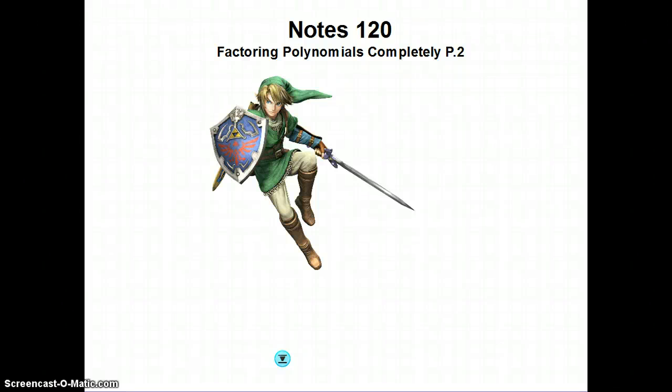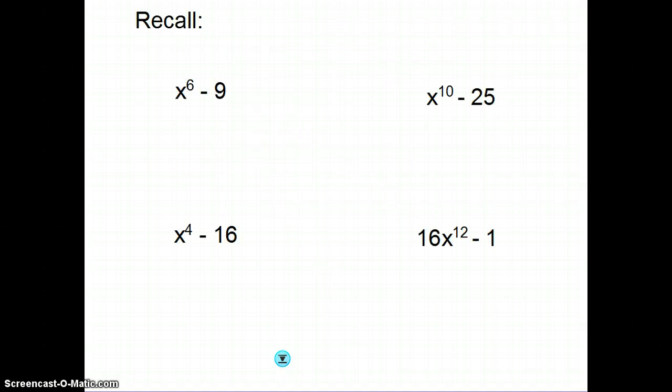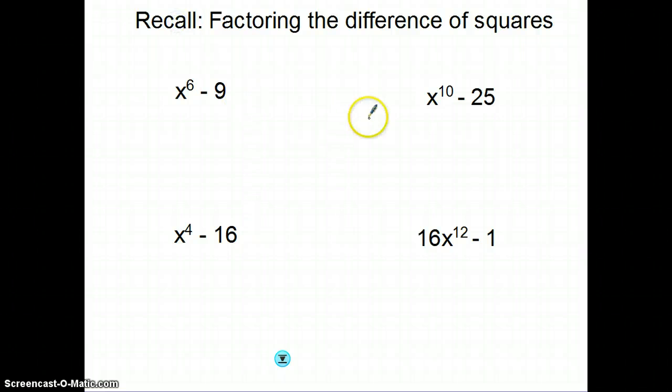Hello and welcome. Today we're going to continue our discussion on factoring polynomials completely. First, I'd like to recall factoring the difference of squares. Now remember, if you can write this as two things to the second power being subtracted, then it is the